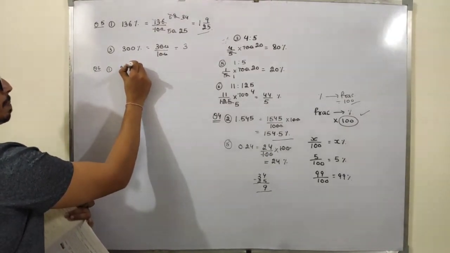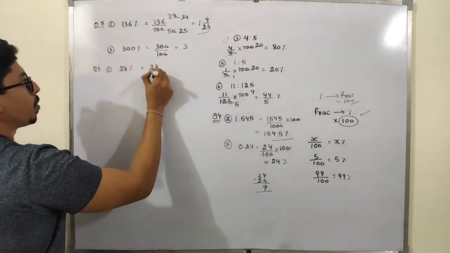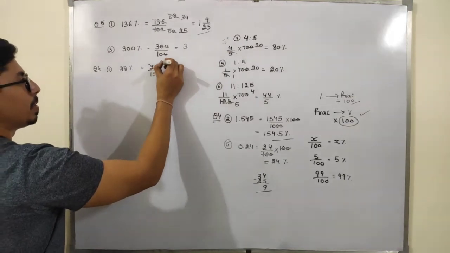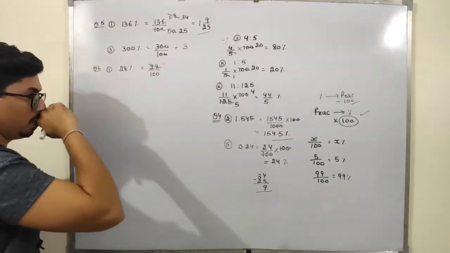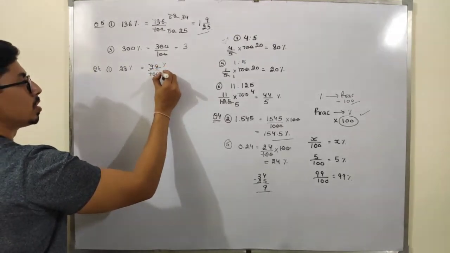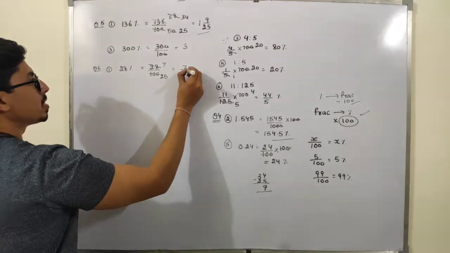So to convert percentage into a number, divide by 100. So 28 upon 100. Okay. So if I just cancel them out, it will be how much? I can divide them by 4. So 4 7s are 28, 4 25s are 100. So 7 by 25 is my required answer.